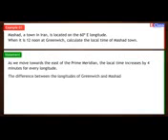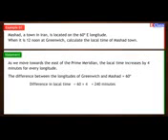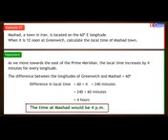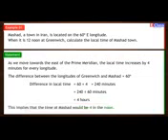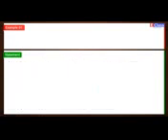Statement: as we move towards the east of the prime meridian, the local time increases by 4 minutes for every degree of longitude. The difference between the longitudes of Greenwich and Mashhad is equal to 60 degrees. Difference in local time is equal to 60 into 4, which is equal to 240 minutes, which is equal to 240 divided by 60 minutes, which is equal to 4 hours. Answer: the time at Mashhad would be 4 p.m. This implies that the time at Mashhad would be 4 in the afternoon.